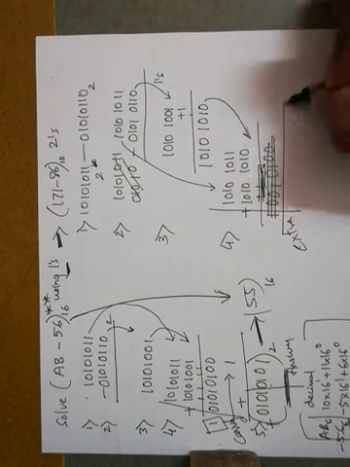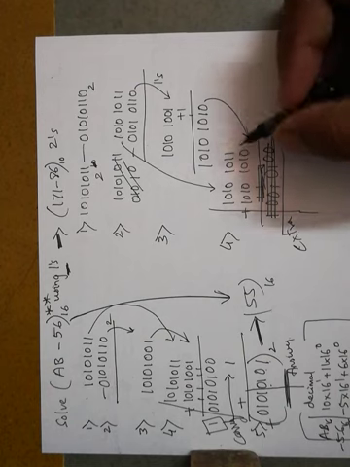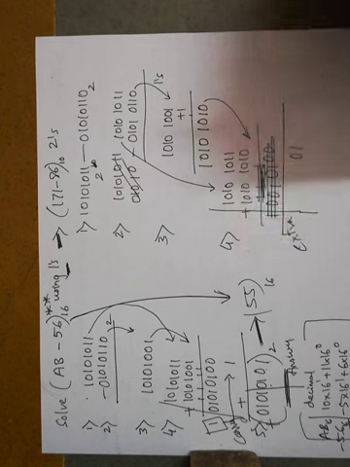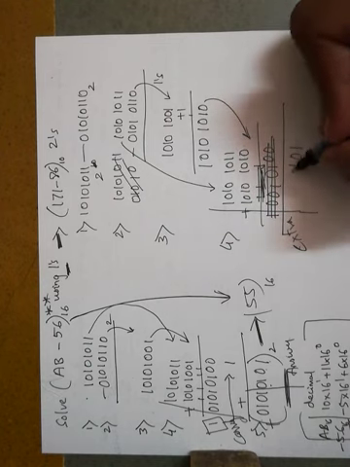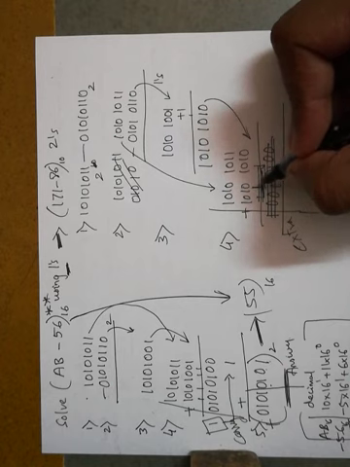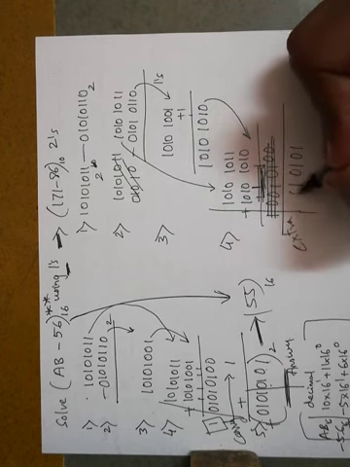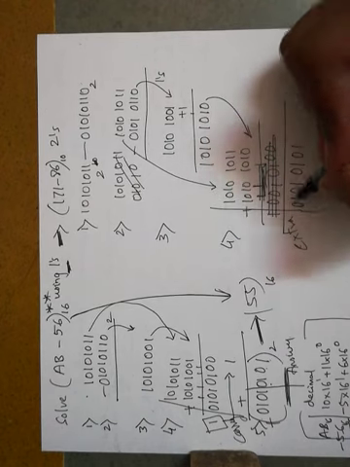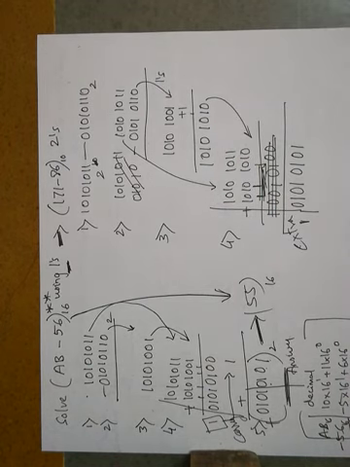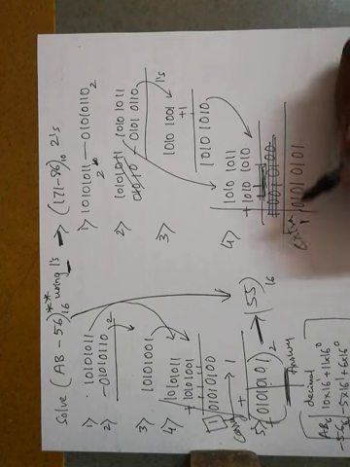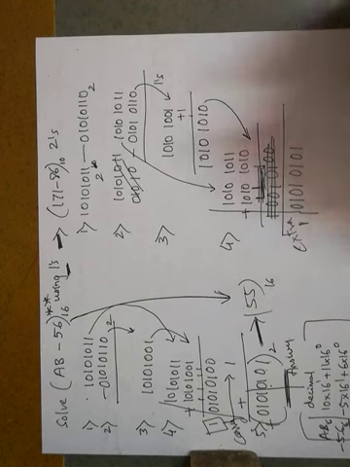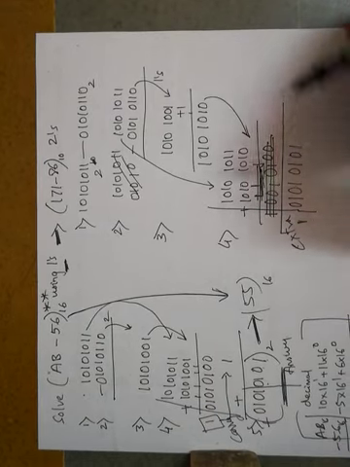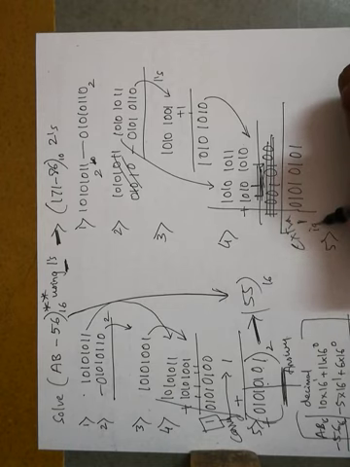We'll add this once again, and obviously we are going to get a carry. 1 plus 0 is 1, 1 plus 1 is 0, carry 1, 0 plus 0 plus 1 is 1, 1 plus 1 is 0, carry 1, and so on, until the final 1 plus 1 is 0, extra carry 1. Okay, so make sure that you are not in a hurry. Try to do the work slowly, because there is a verification step, so these should not be a problem for you. So once we have the carry, our final step is ignore this carry.